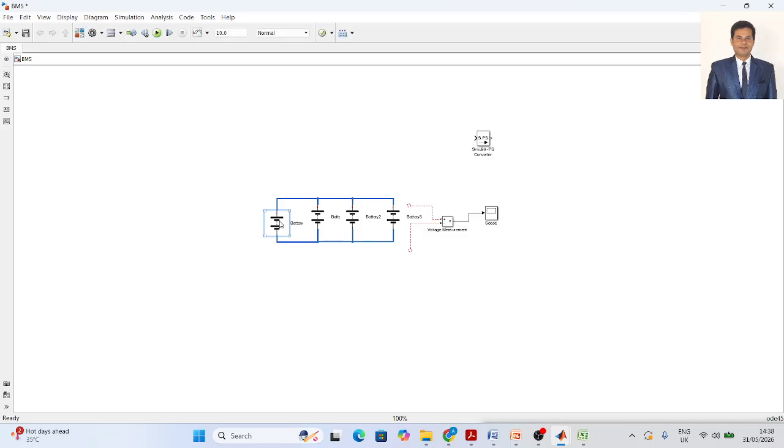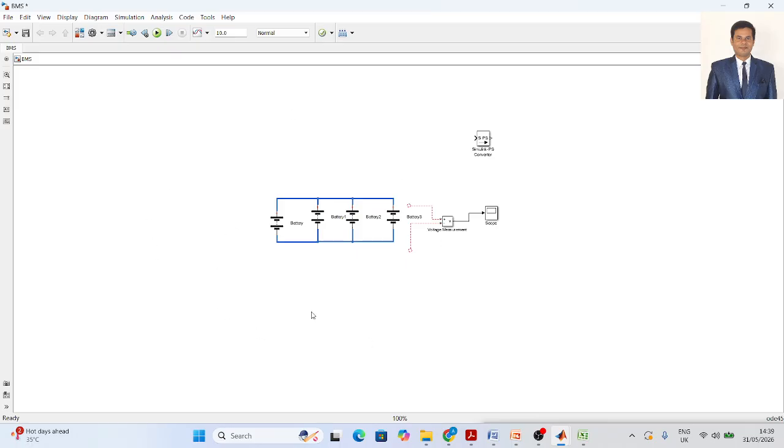So once you use this, now you just copy all these blocks. Try to select and delete it, okay. Then try to copy over here. So like this, what you have to do? Connect the batteries in series and try to develop the models in your grid models, right, as solar PV models, and try to interconnect all these blocks. Like this, all the blocks, what do you have to do? Try to connect and see the outputs.